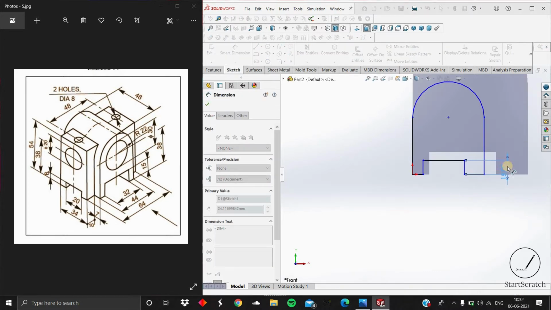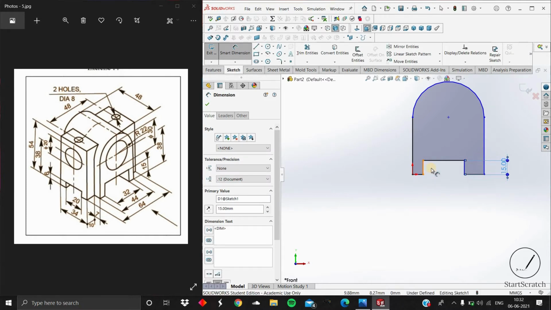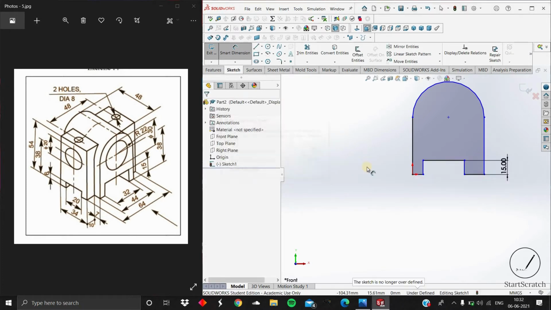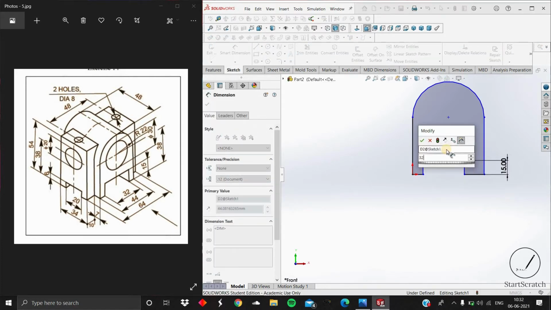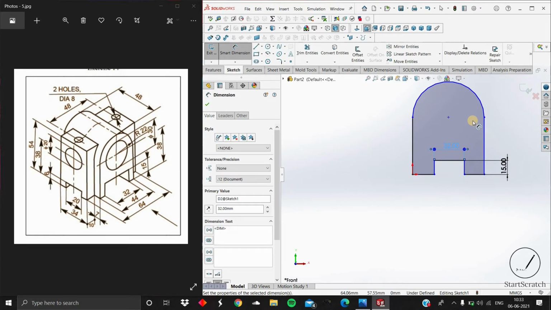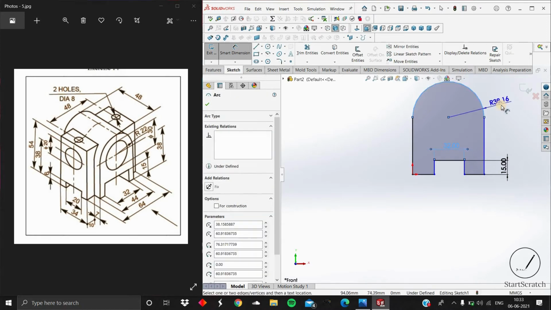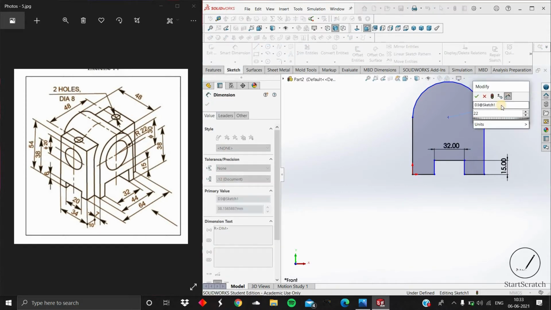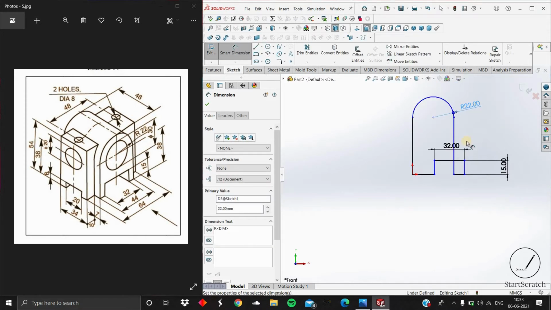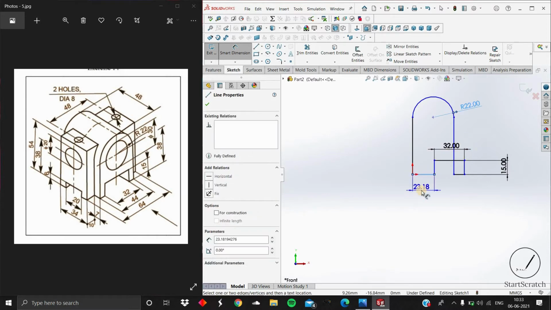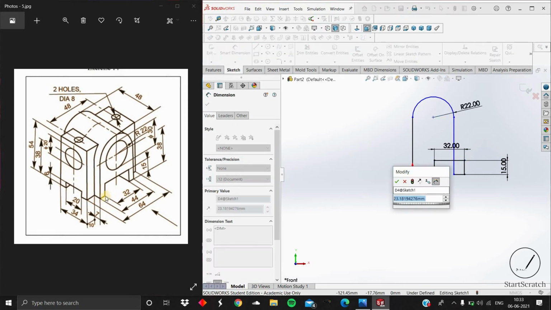15, 32, this is of radius 22. As you can see over here, this one is 32 and from here to here the length is 44.